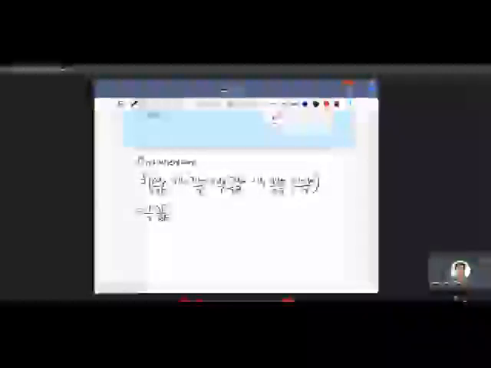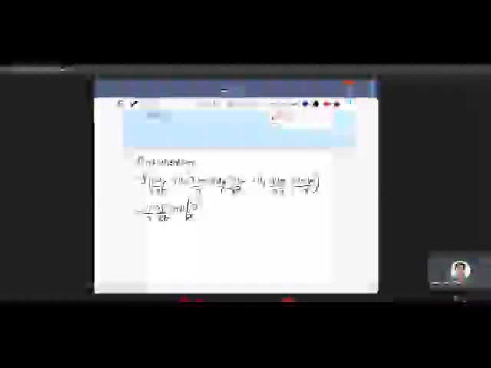and that can be written out as rho into dou u theta by dou t plus ur times dou u theta by dou r plus u theta by r times dou u theta by dou theta plus uz times dou u theta by dou z plus ur u theta by r is equal to minus 1 by r dou p by dou theta plus